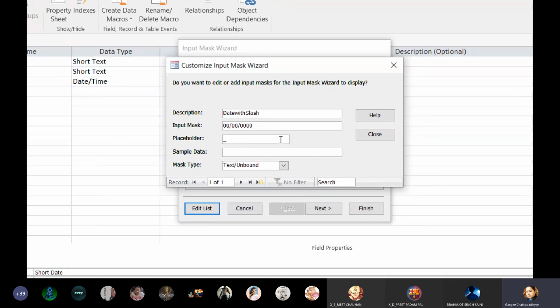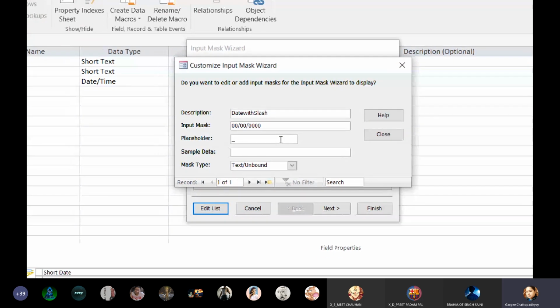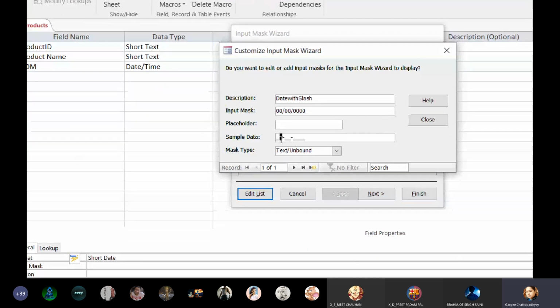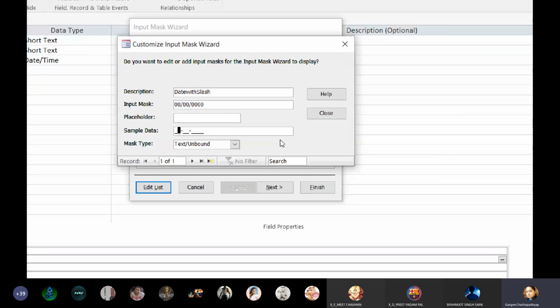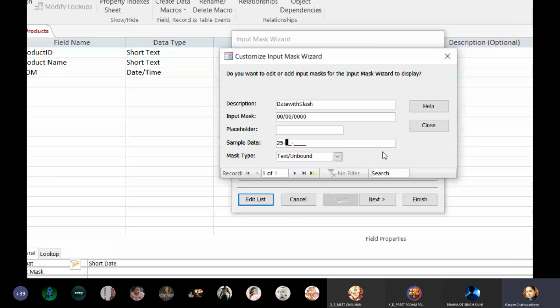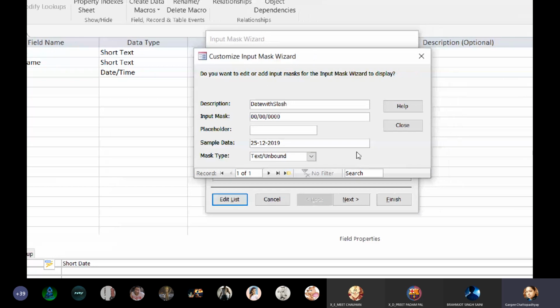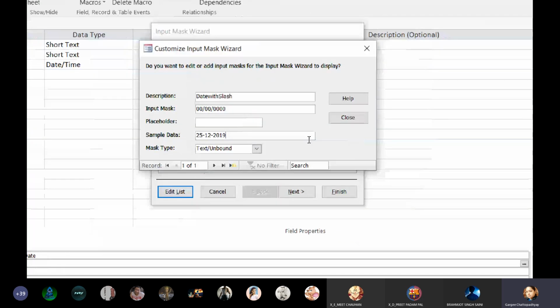And yes, I'll take the attendance. Just wait. Okay, placeholder is underscore, sample data. Let me give sample data. I'm entering 25/12/2019. Yes, it's okay. Click on close.